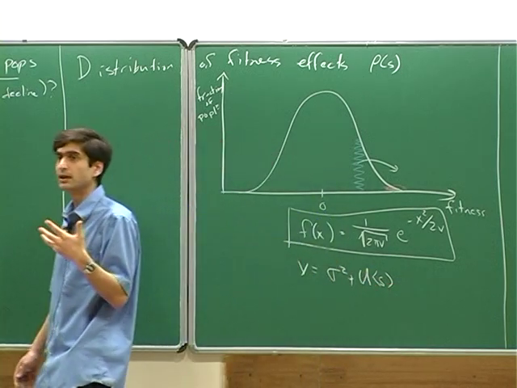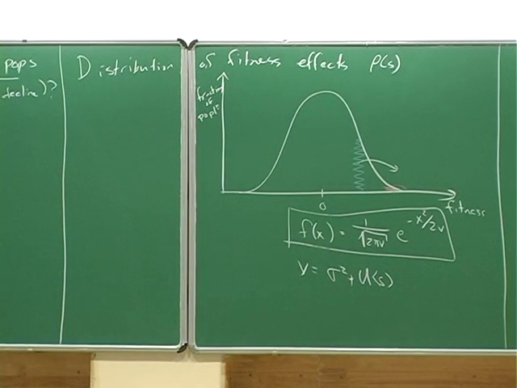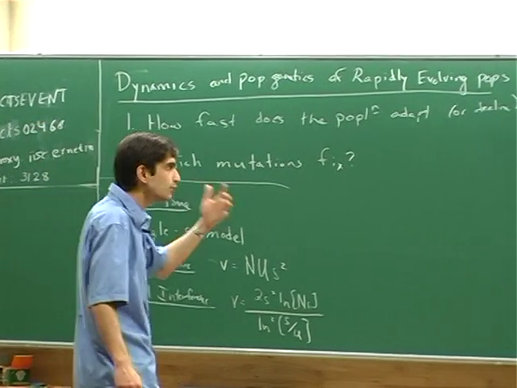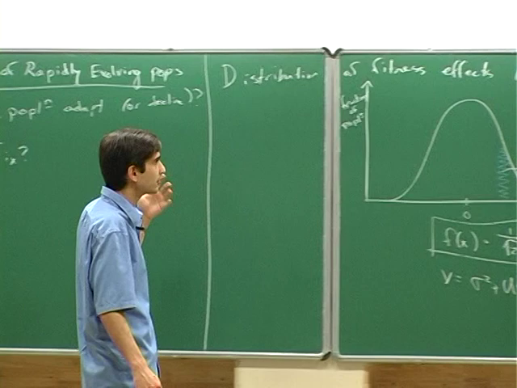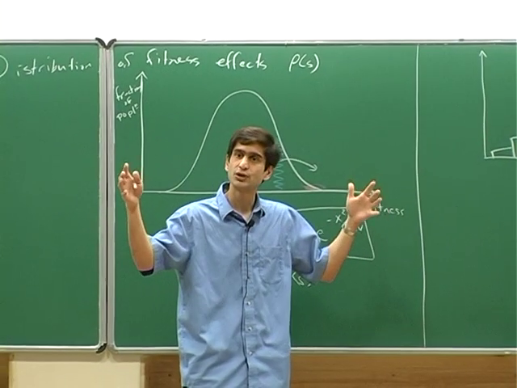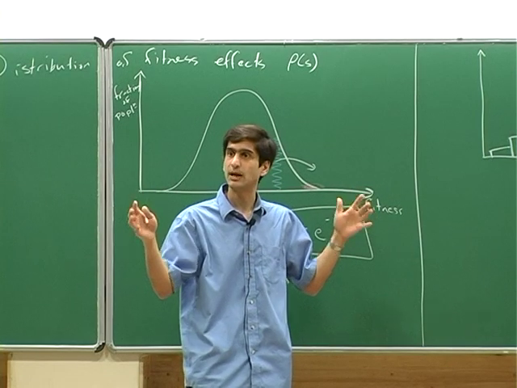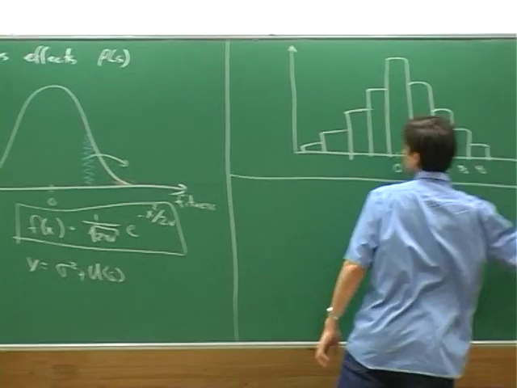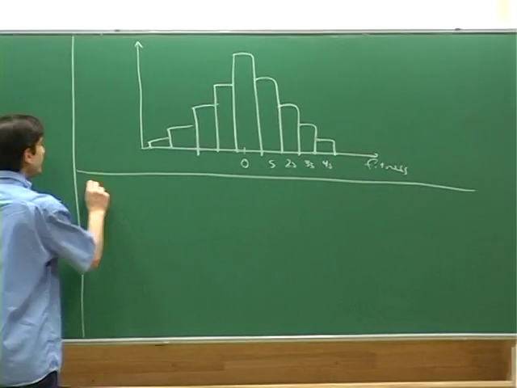And if you think about it, if a mutation of fitness effect S fixes with some probability, and we know that mutations of fitness effect S occur at a certain rate, we can calculate the time averaged rate of change of fitness in the population. Okay, let's assume we could calculate